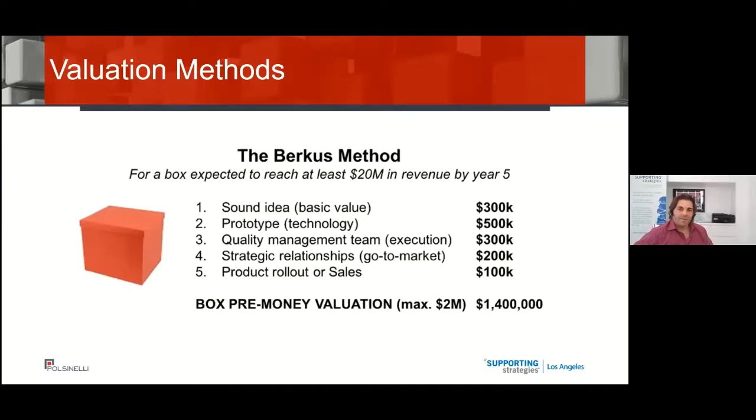The Berkus method assesses a startup's value based on the 5 criteria that you see listed here. It's quick and easy, but it's very subjective. It misses potentially important factors like market size. And since it's almost 20 years old now, you should probably double these amounts. But with an early stage company that doesn't have revenue yet, you could just score how good the company is on each of these 5 areas and attribute an amount between, let's say, 0 and 500,000 for each of those scores on a 1 to 5 rating scale,